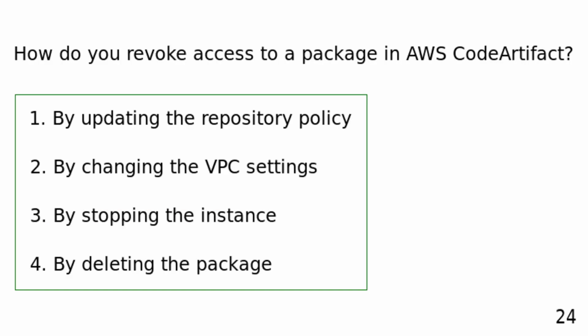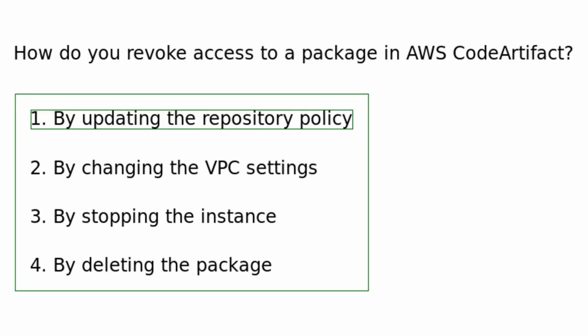How do you revoke access to a package in AWS CodeArtifact? By updating the repository policy. By changing the VPC settings. By stopping the instance. By deleting the package. You can revoke access to a package in AWS CodeArtifact by updating the repository policy to remove permissions for specific